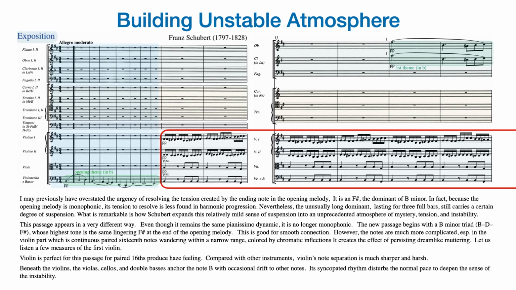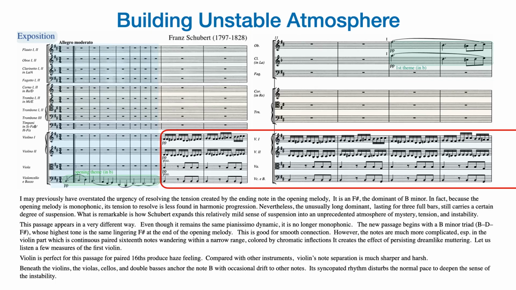However, this dominant ending is unusually long. This F sharp lasts not 3 beats, but 3 full measures. Therefore, it carries quite a lot of suspension that needs to be resolved. However, Schubert does not resolve it. Schubert wants to enhance the tension